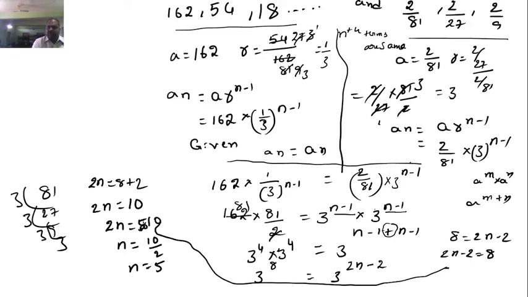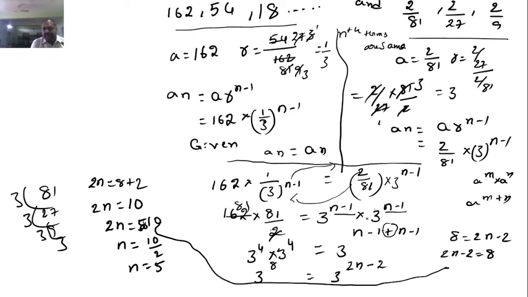These two are equal, as the question itself is given. So we are equating these two. Take 2 by 81 this side, it will become 81 by 2. By cancellation with 2, 81 means prime factorization, 3 power 4. 3 power 4 into 3 power 4 is equal to, if we are taking 2 by 81 this side and sending 1 by 3 power n minus 1 this side, it was dividing, so if you transpose it, it will multiply.